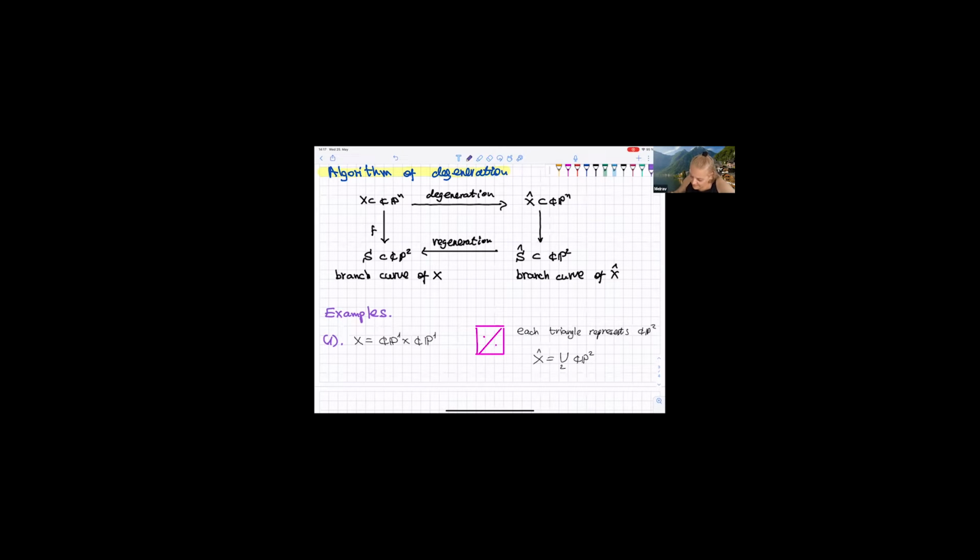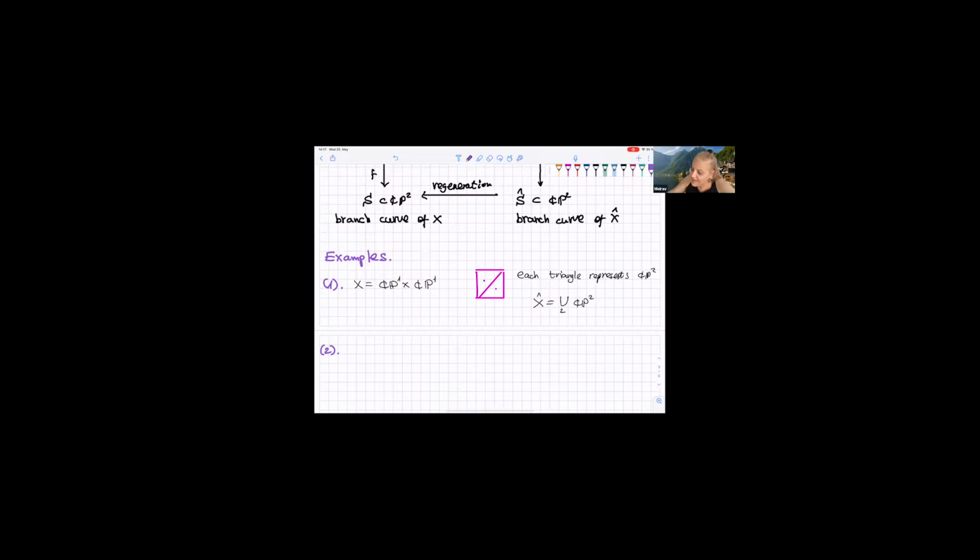Now, if I take the second example, I take the same surface, but this time with some different embedding. Let's say here I write 3 and 1. So I will take the first CP1 3 times, and the second CP1 I will take once, and I will close again this rectangle, and take these 3 pieces with diagonals inside. So here, for example, I will get X hat as a union of 6 CP squares.